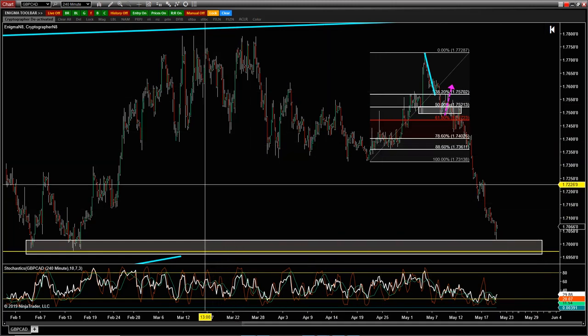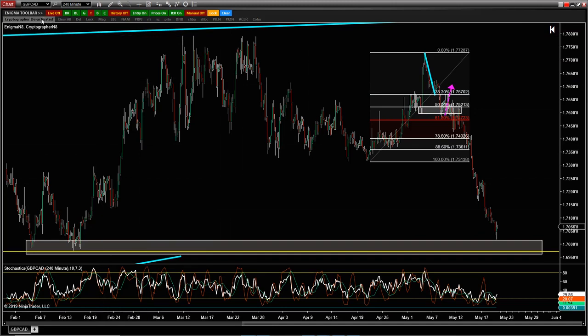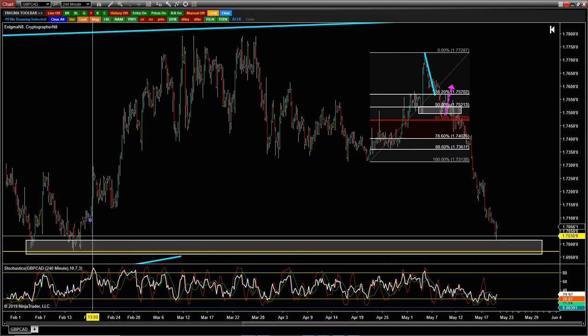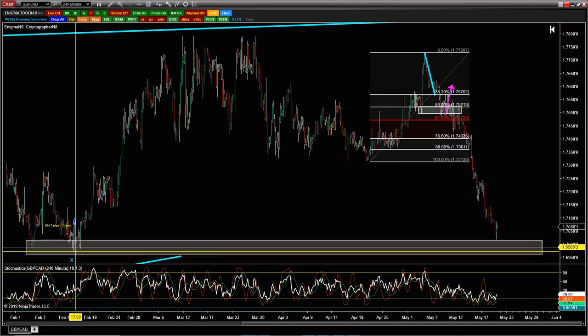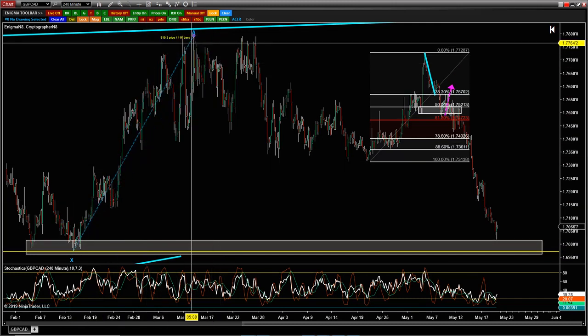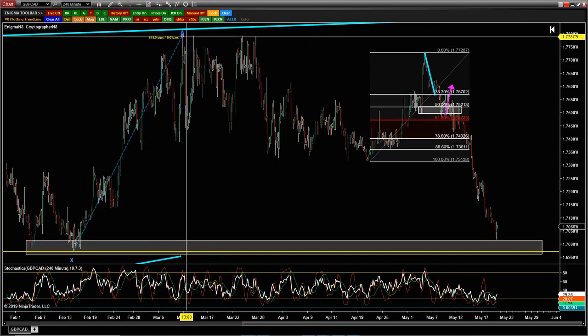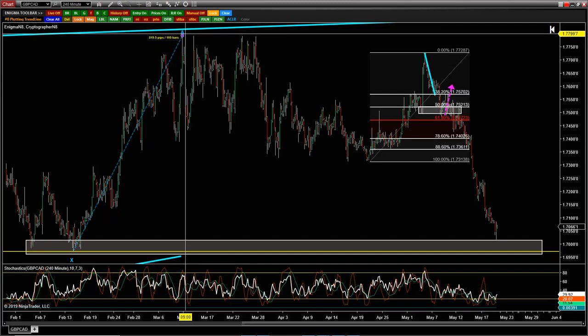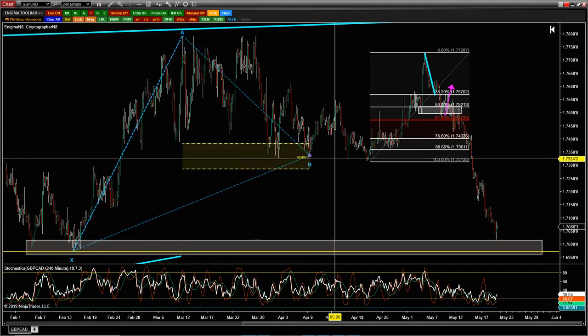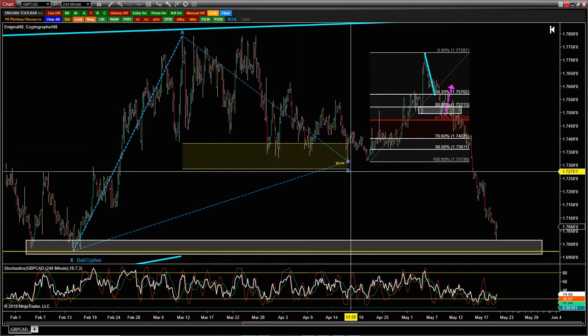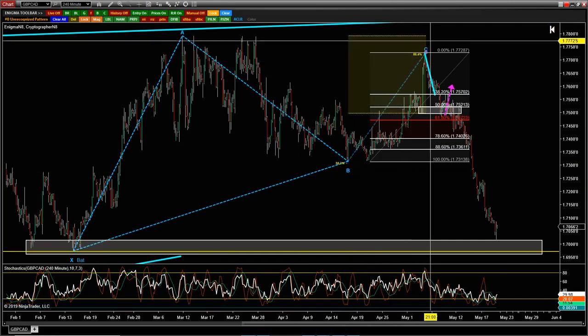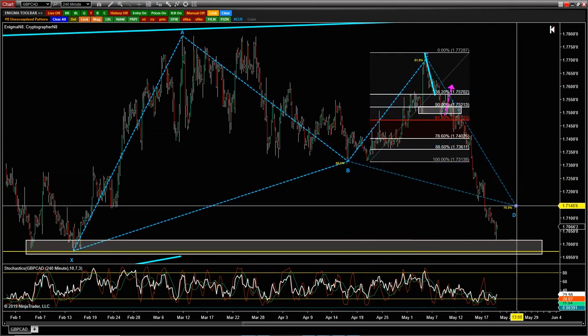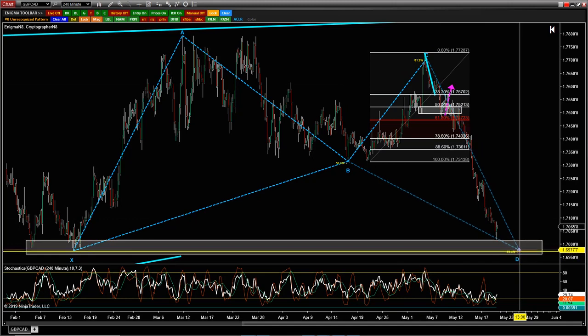Hey, Millen. All right, Millen's looking at a Pound Canada bat. I'll draw out what he's looking at. I'm assuming he, Millen. I apologize if I'm wrong. Perfect. Let me know if this is what you're looking at. X to A, A to B, B to C. Oh, drew it on wrong again.